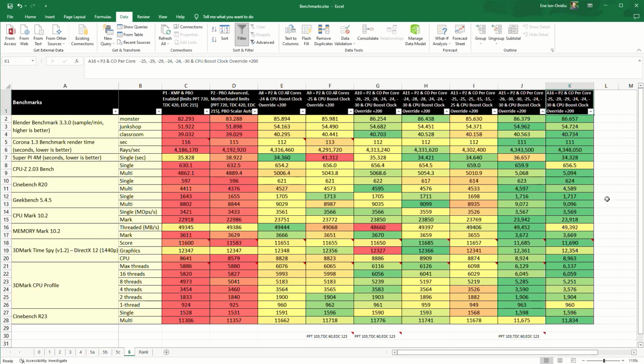And finally, at A16, I obtained all-around better results with higher scores in Corona benchmark, SuperPi, 3D Mark TimeSpy score, and Cinebench R23 multi-core. As you could see, Ryzen overclocking is more of a marathon than a sprint. It's not that easy to find the optimal curve combination for your CPU, and trying all combinations on a 16-core Ryzen 9 would probably take you weeks.